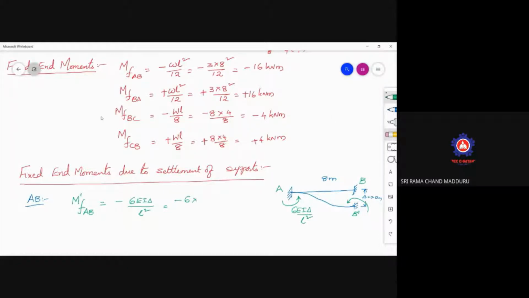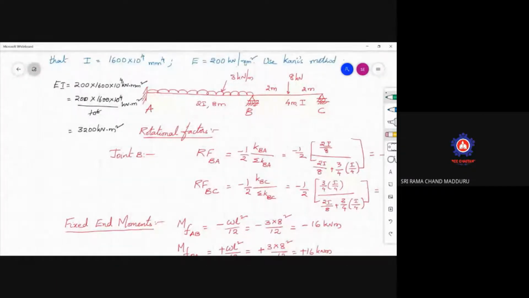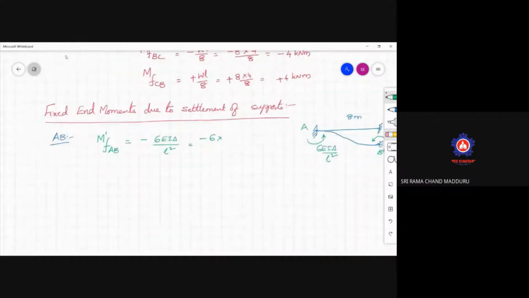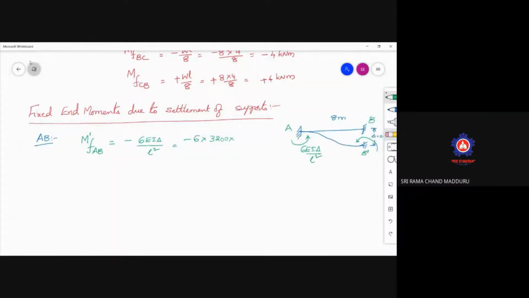Just now we have calculated the value of EI, which is given in terms of mm4 as well as kilonewton per mm square. So overall, the unit should be kilonewtons and meters. Distance will be in meters. So 3,200 multiplied with delta. Delta is given as 10 mm, so take it as 0.01. And the length L value is 8 square. You will get M dash FAB as